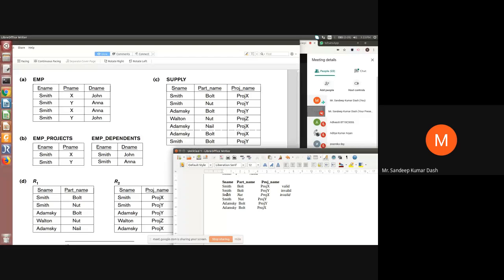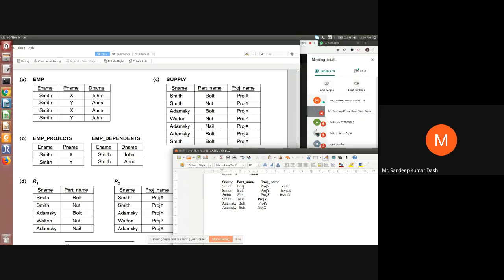This is called additive join. That means some additional rows are getting in when you are trying to join the divided relations. But your joins should be non-additive joins. That means there should not be any addition of spurious tuples. Fine. So there are these terms you have to remember: non-additive join, additive join. Non-additive means there should not be anything extra added, which is wrong data. This is your case of spurious tuple. So what is the solution?